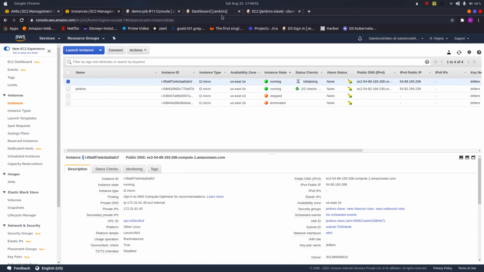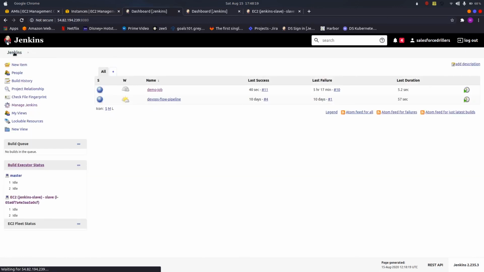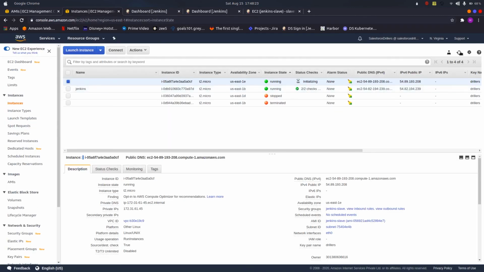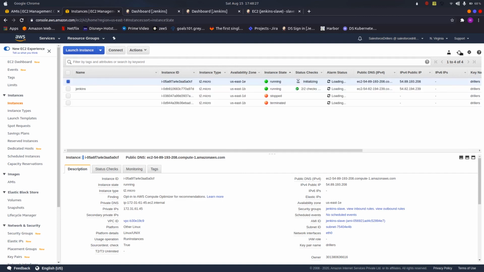Now if you remember, in our configuration we have set the termination timeout to 1 minute. Now after 1 minute, let us wait and see what happens if no other job is scheduled here. This instance will terminate on its own. So let us wait till it gets terminated. We have to wait for 1 minute. Let us keep refreshing our console.